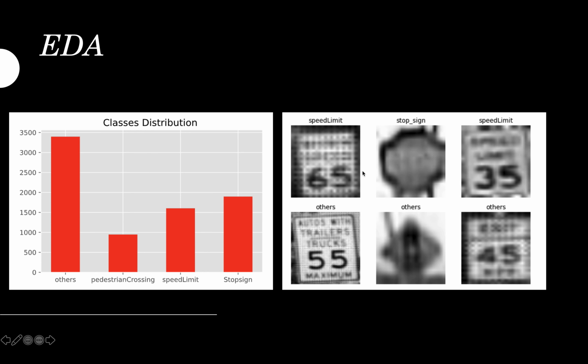As you can see in the class distribution, there might be an imbalance class problem here, where we have a lot of images for the other class, but only very few pedestrian crossing images. For the stop sign and speed limit, we have around 1800 each. I think this is an okay size